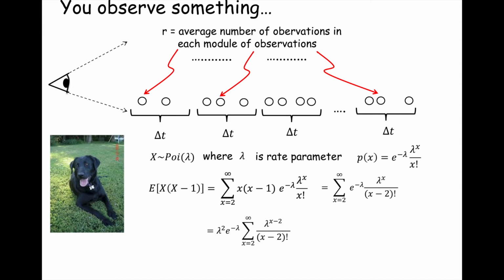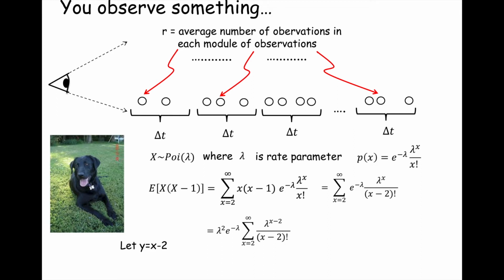So if we let y equal x minus 2, that means everywhere I see x minus 2, I'm going to replace that with y. I have x minus 2 here, so I'm going to replace that with y, and that becomes lambda to the y. I have x minus 2 for the factorial part of our Maclaurin series, so I'm going to replace that with y, and it becomes y factorial. And then I'm going to replace this x with y. So if I turn an x into a y, I have to subtract 2, right?